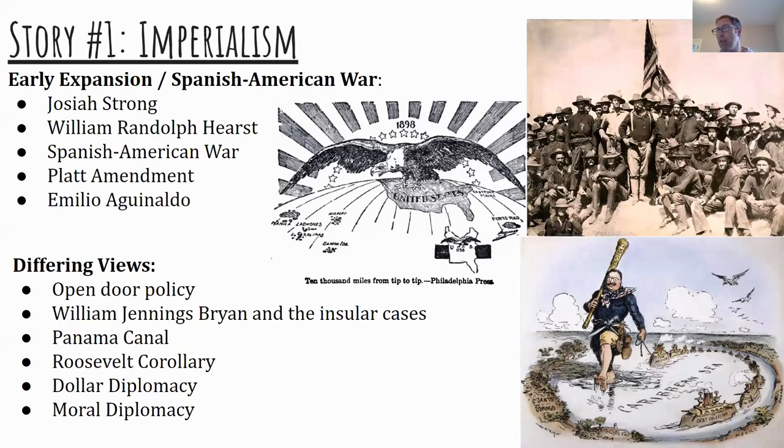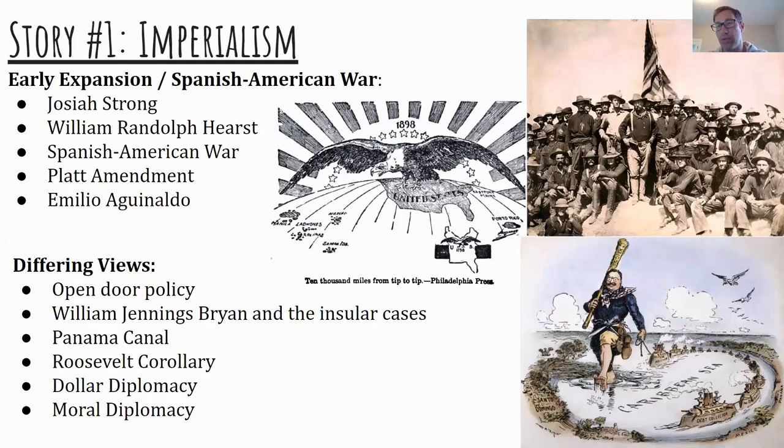And it's going to continue under Teddy Roosevelt, who comes afterwards, after McKinley is assassinated, and then Taft, and finally Woodrow Wilson. And you need to know how they continue these concepts of imperialism. So you need to understand how Teddy Roosevelt has the big stick diplomacy, where he's going to essentially use diplomacy. He's going to negotiate, but he's willing to use force in order to try to expand the power and influence of the United States. We see that with the Panama Canal.